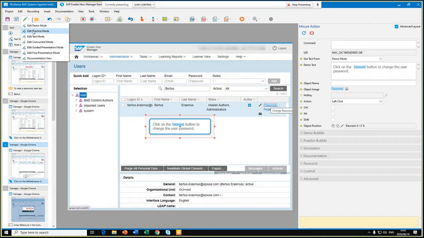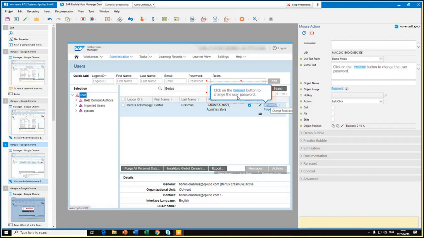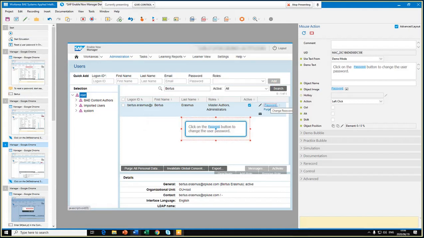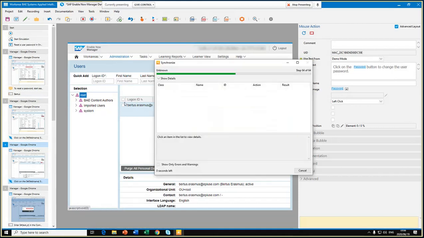I can change my editing mode to practice mode. What you'll notice is the difference between demo mode and practice mode. On demo mode, the bubble sits with a tail next to the object that they need to click. On practice mode, we just give them the instruction. The learner needs to go and figure it out themselves. So if I now go into my demo mode,